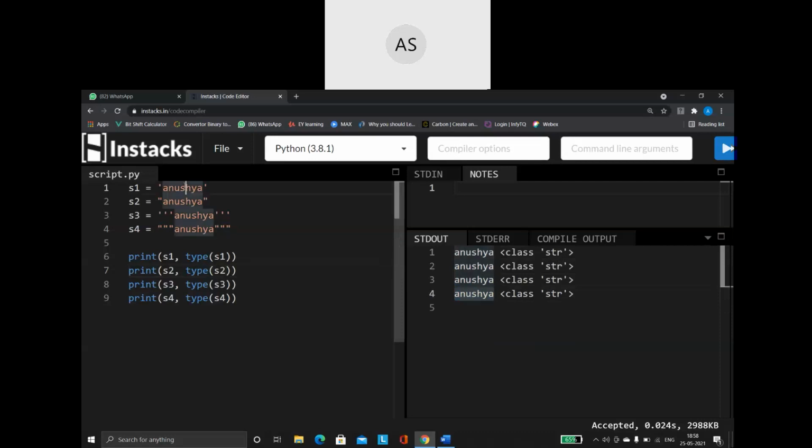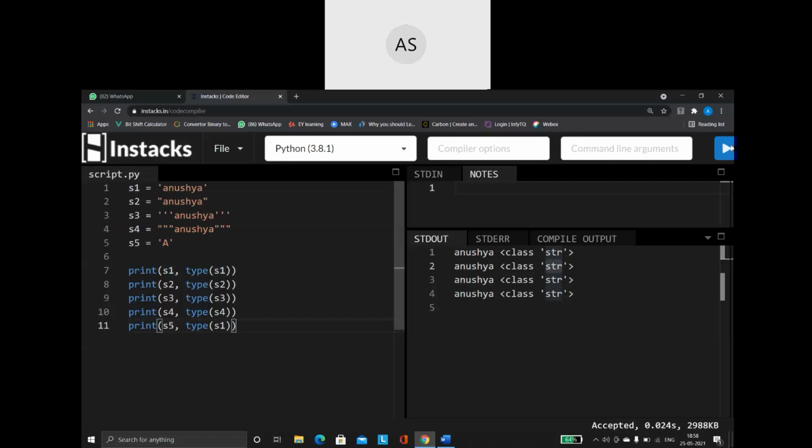Whether you create it as a single quotation, double quotation, or triple quotation, everything is considered as a string only. Now have a look here. I am saying s5 is equal to, within single quotes, only a single character. Now let me see what type this is.